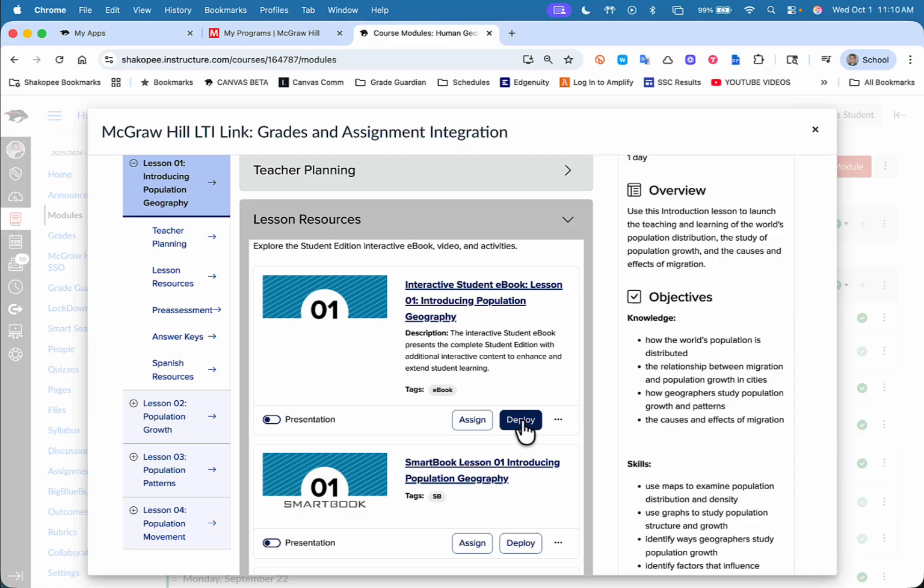The Deploy button allows you to link directly to this resource, but it's not going to create a column in the gradebook or an assignment for students to complete. It's simply going to give them a link that takes them directly to that resource found on the online platform for McGraw-Hill. So I'll click on Assign,